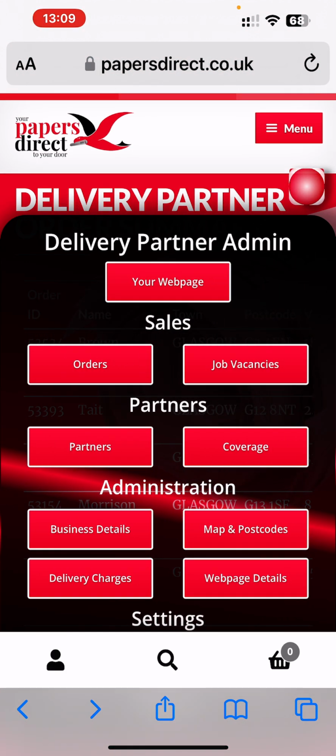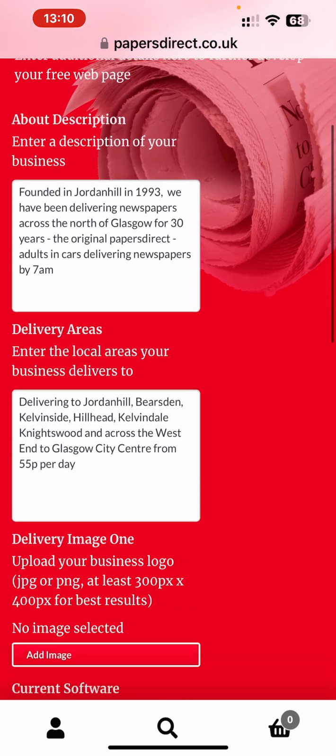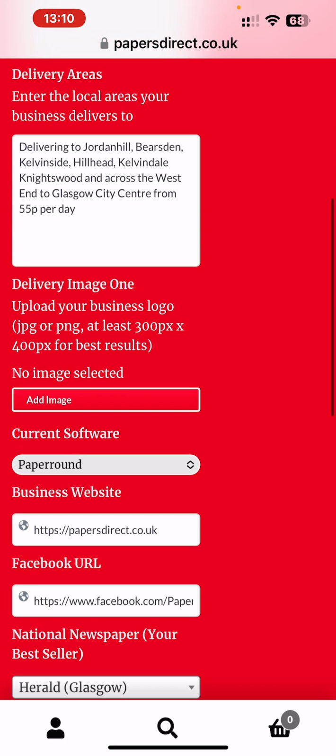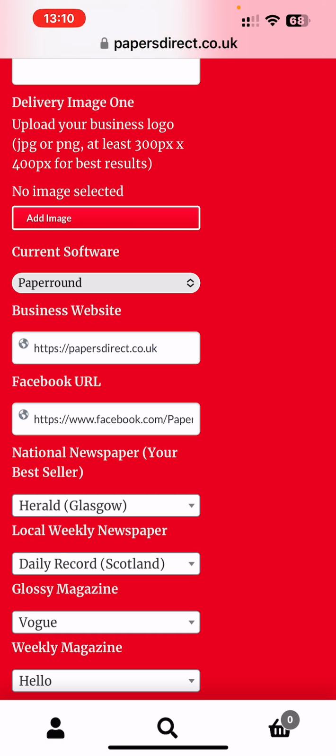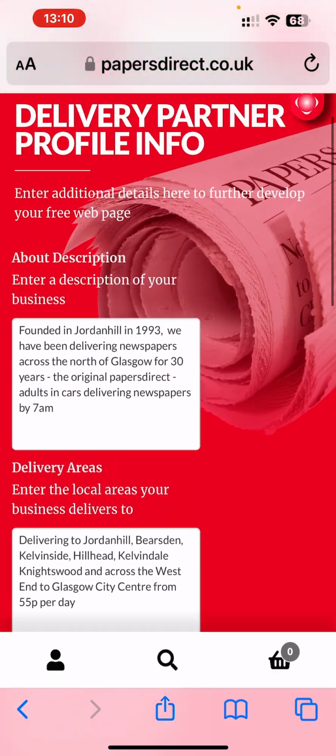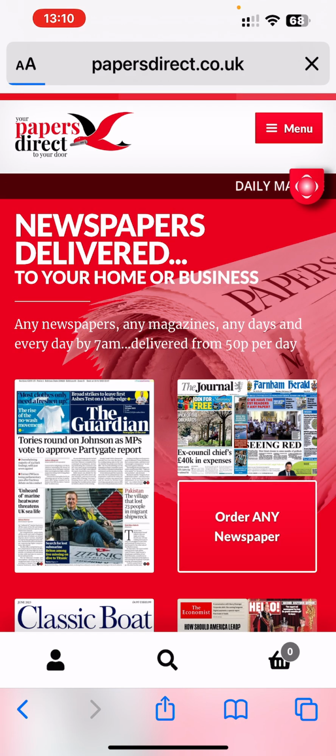On the bottom right of your admin panel is where you can write your own blurb about your business, the area you deliver in. There's where you upload your logo or your village. We'd like to know what software you use if you've got a business website, Facebook, and promoting your papers. I will add to these videos in time and explain a little bit more about it, but go in and have a play, go back in, and if I can ask you to go in and order any newspaper,